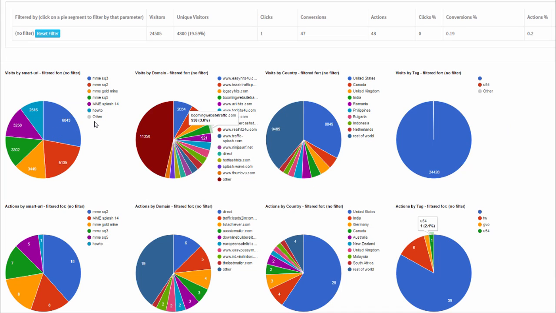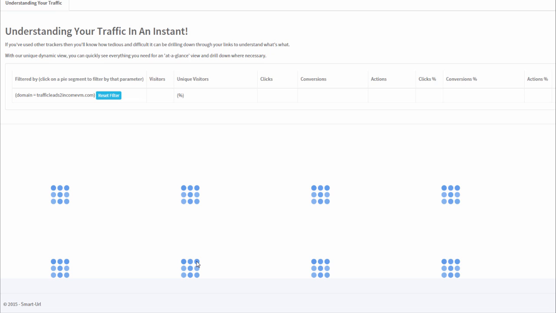So how does this make it so easy to understand your stats? Well, if we look at a graph like actions and we want to understand where our actions are coming from, we already know that most of our actions here came from MMESQ2, but what if we try to understand, for example, how that breaks down in terms of domains? So we can click on a domain,